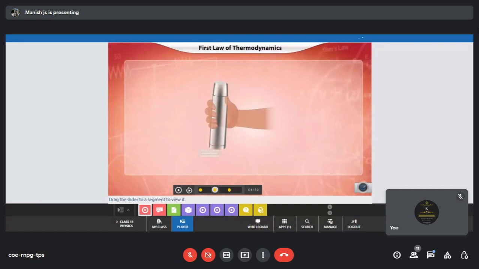You have mostly seen this term on the back of food packets, especially in supermarkets. Whenever you buy any food packet, they give a table called nutritive content or nutrition content. Whether it is cornflakes, Chocos, or any particular packaged food item that you buy, they give you the nutrient value. There you will see kilocalories mentioned, such as 5 kcal, 0.5, or 10, 15. So that is basically the amount of energy that we are getting from that corresponding food packet. So that is the meaning. Here we'll see what concept it has.